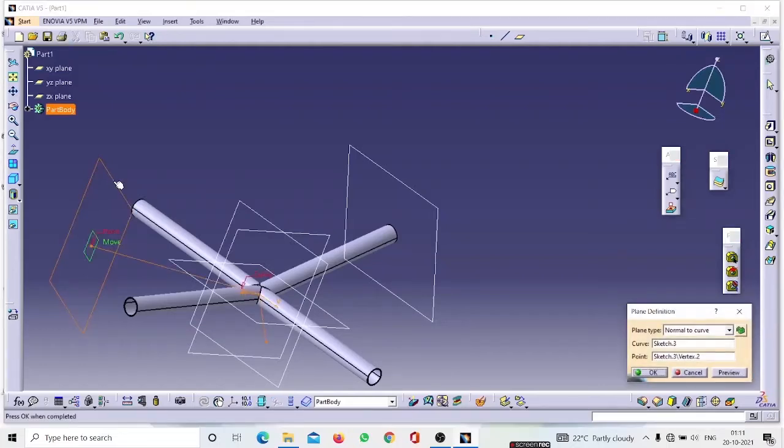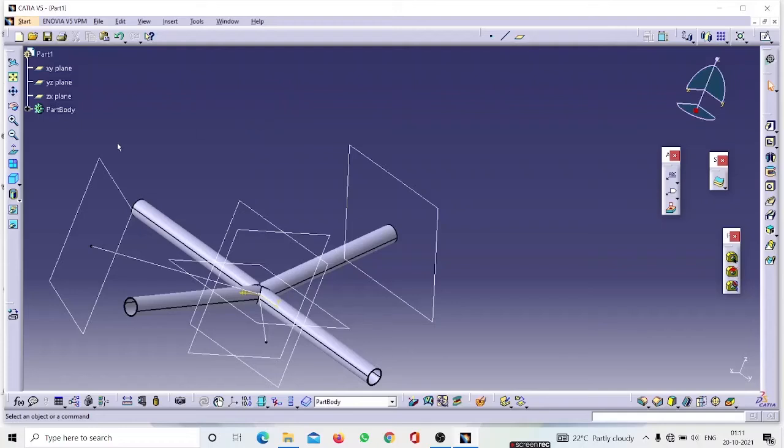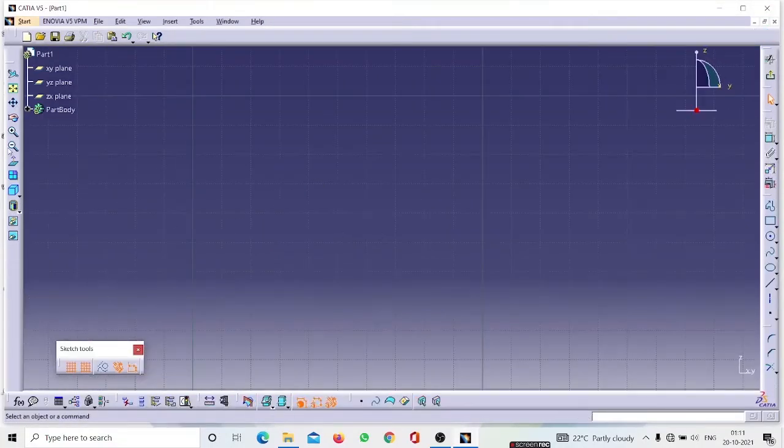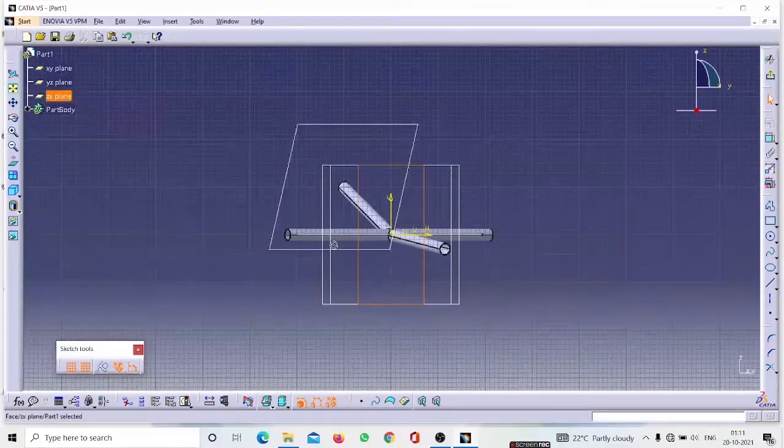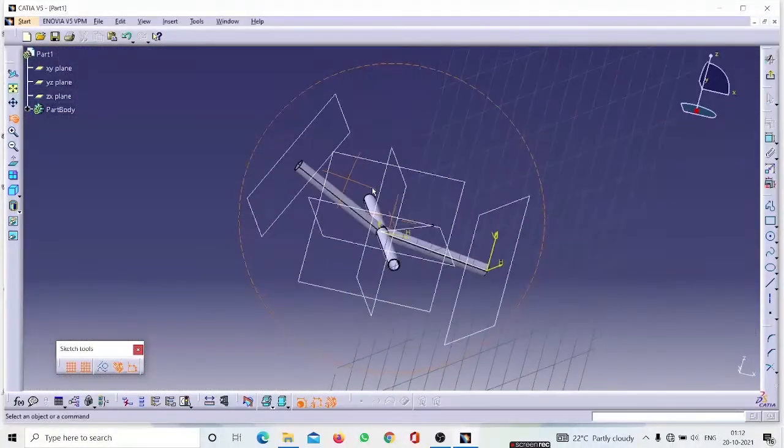So I have done something which I'll tell you afterwards. Just going to Sketcher, fit in the screen. While sketching these things, we'll just quickly sketch our part,